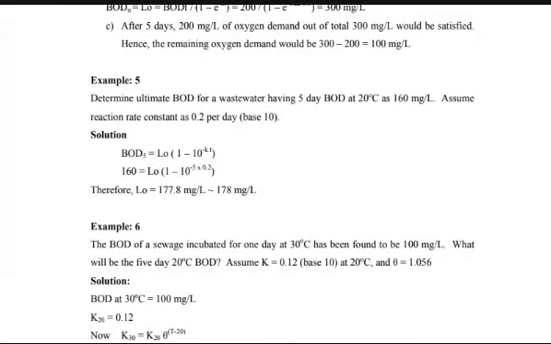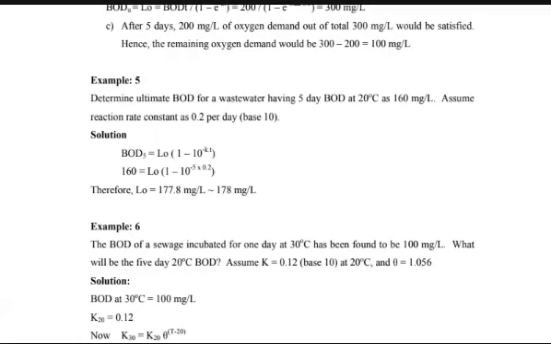Are you getting my point? You just remember these small things, because if the examination is on the basis of MCQ, or this type of numericals, they will definitely ask. So here the formula is the same. BOD suffix T is equal to L suffix 0 in bracket 1 minus, instead of the exponential, base 10 is given, so 10 raised to the power minus k into t.